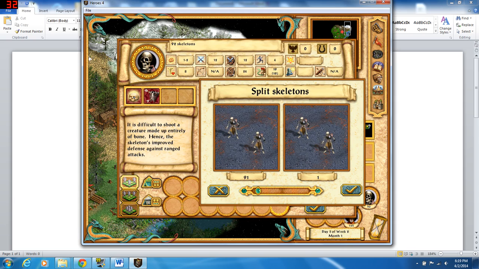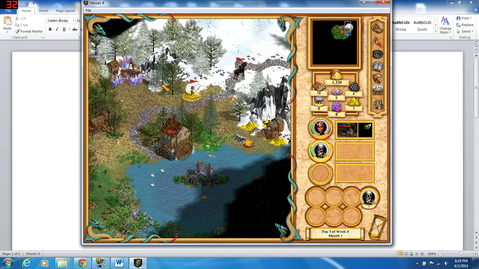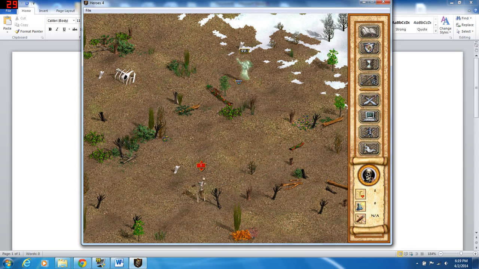Even if the stack that collects it is destroyed, you still get the resources. So we're going to send this skeleton to steal the crystal and sacrifice himself. So we got a crystal from that, but we don't actually have to fight these 90 ghosts to take control of the actual